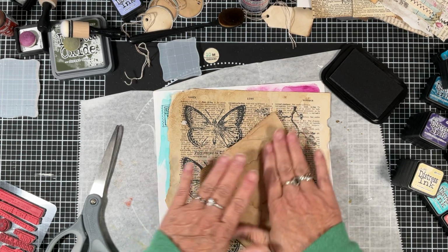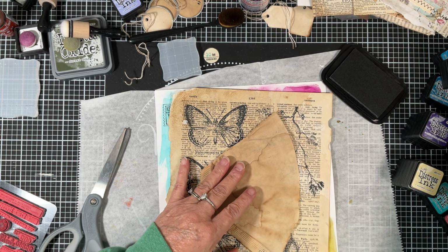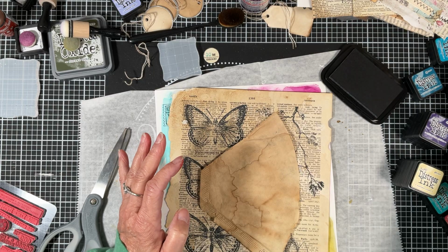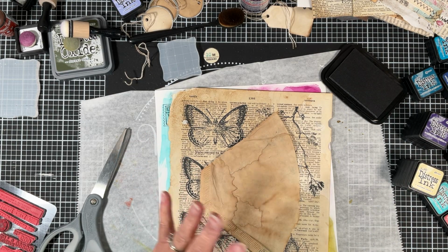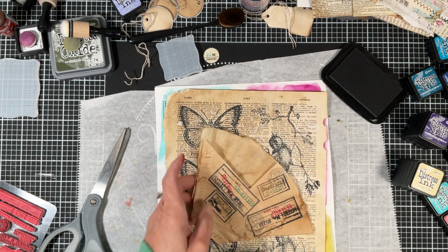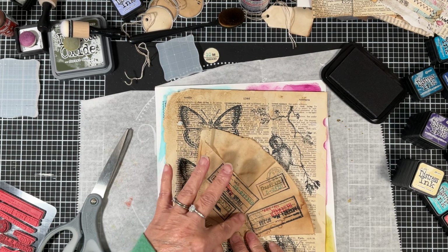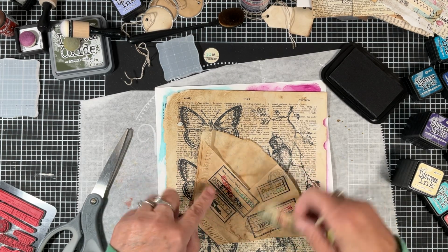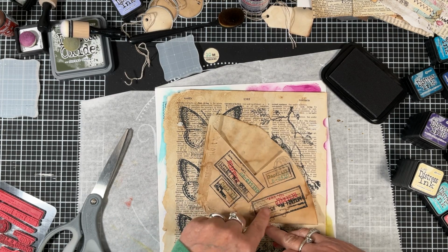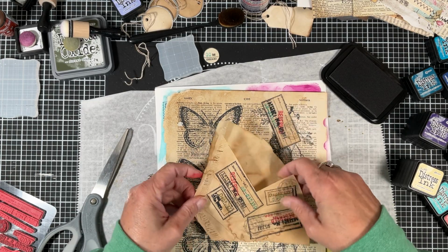I have a whole pile of these that I saved and I use them. The color is great on them. I really like the color. So what I did was I stamped into the coffee filter with my labels, and then I added some parts from the Tim Holtz stamp, and then I fussy cut one out,